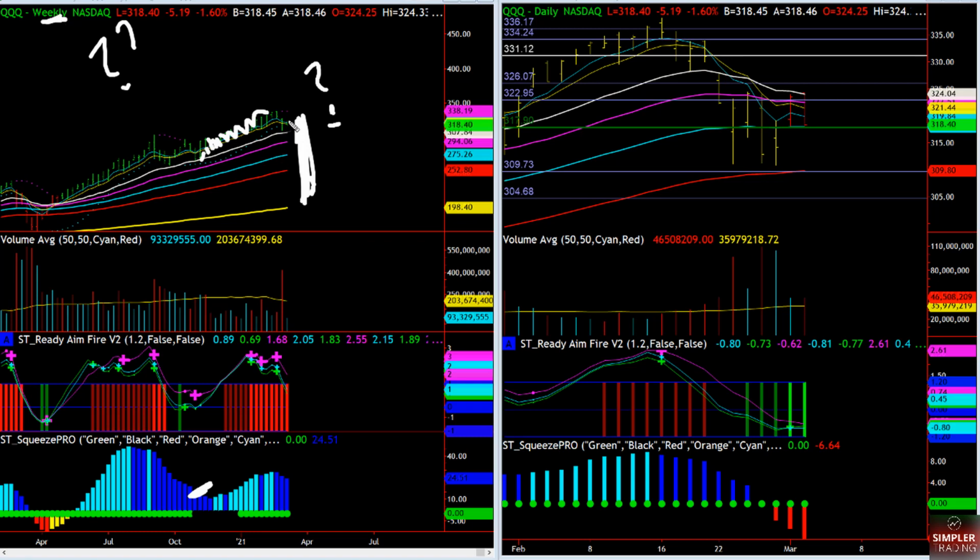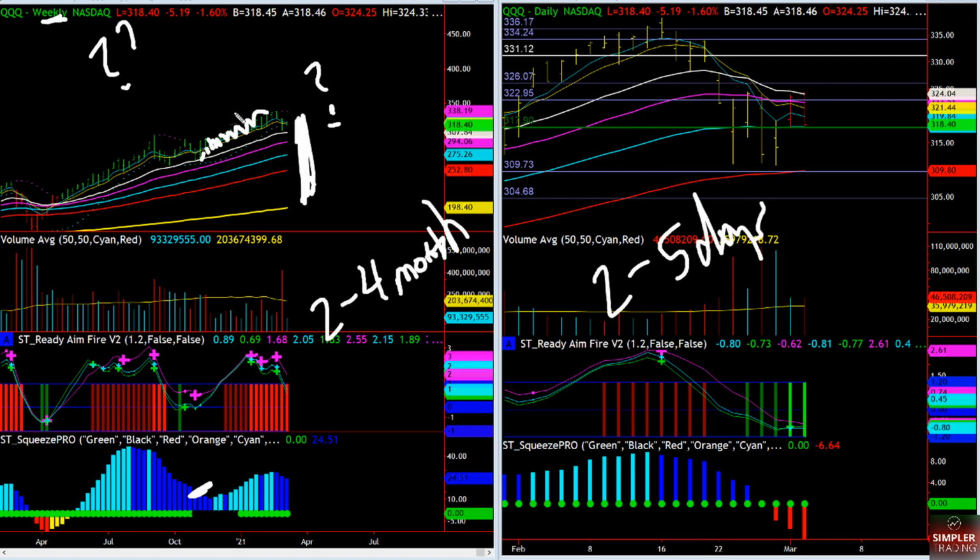The weekly chart is basically if your outlook on a trade is 2 to 4 months, or longer. My typical holding time is like 2 to 5 days. So if I have a signal on a weekly chart, I'm going to buy here, and my expectation is I'm going to be in it for a couple months. If I'm going to be in a trade for 2 to 5 days, the weekly chart isn't going to give me a lot of precise information.